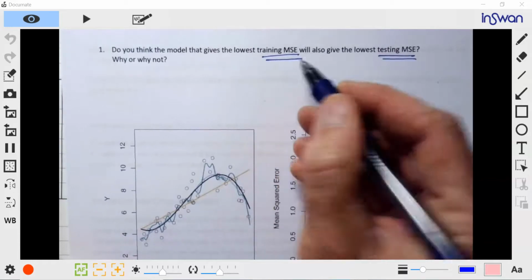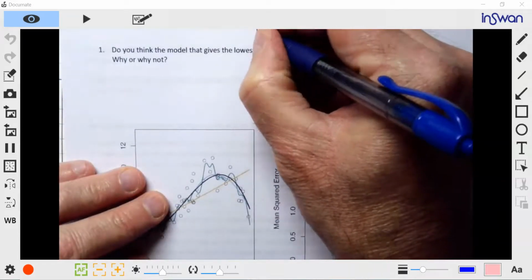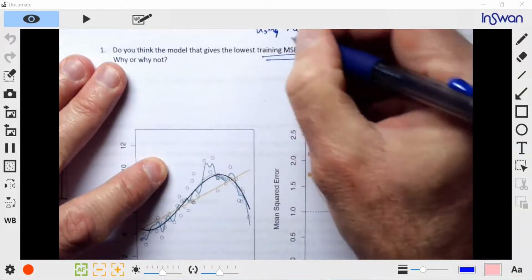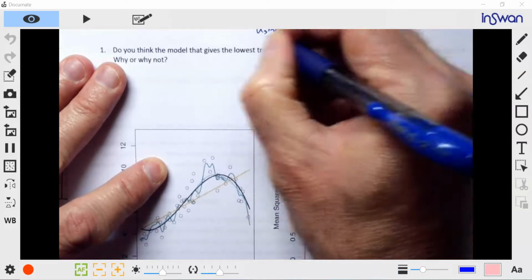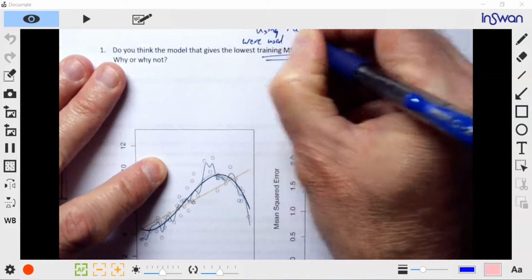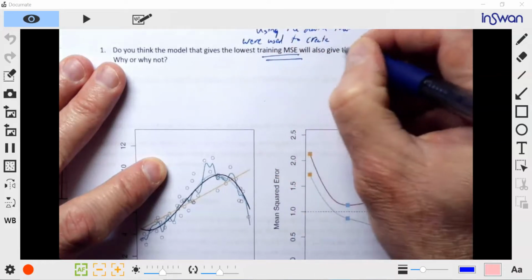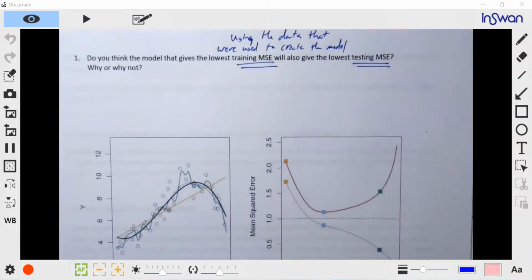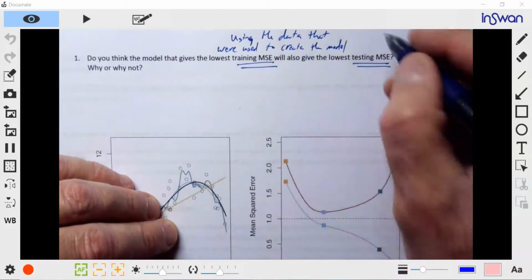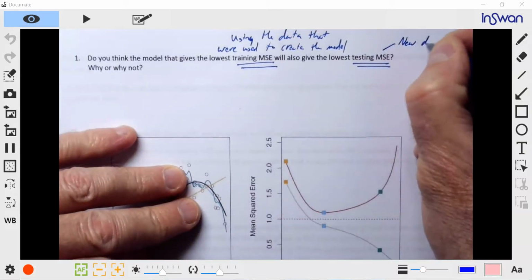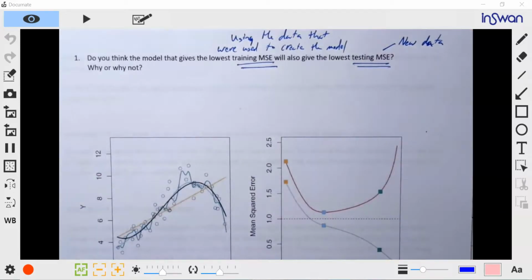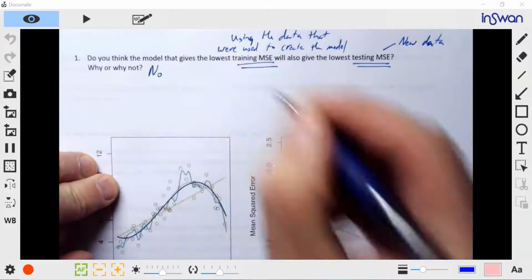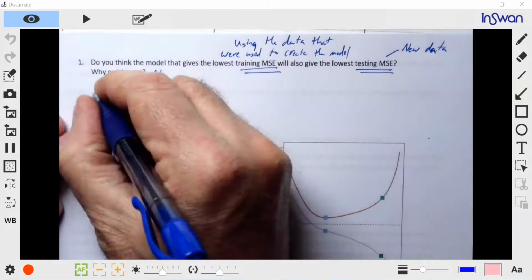So remember, the training MSE means using the data that were used to create the model, or the testing MSE, which is using new data that had nothing to do with building the model. And the model that gives the lowest training MSE will not necessarily give also the lowest testing MSE, because we know